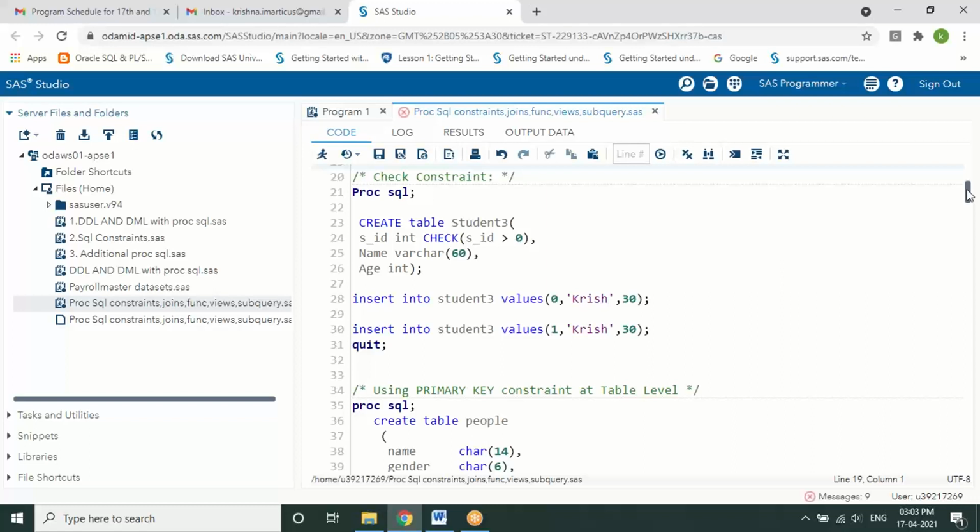Please see this. I'm going to create one more table called student3 with the same SID, name and age. But here I'm imposing a constraint called check, where I'm specifying that the SID value should be greater than 0. So whenever I give 0, it should restrict me from adding the value.